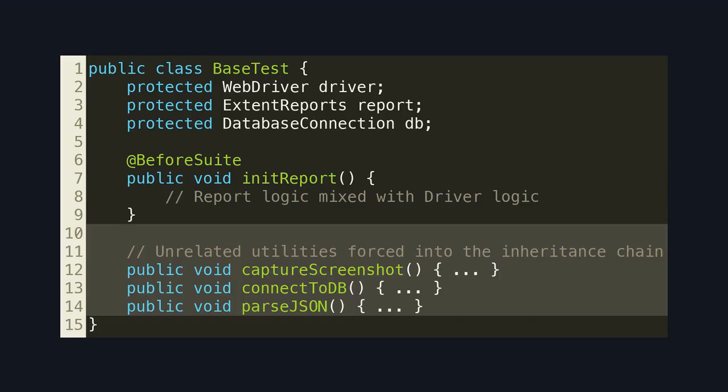This is polluted interface design. A simple login test now has access to database methods and JSON parsers it should never touch. It makes the IDE autocomplete messy and hides dependencies. The solution,